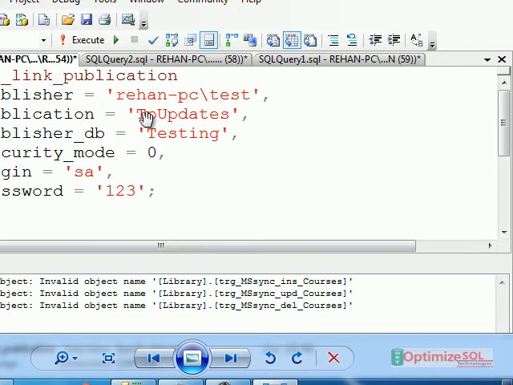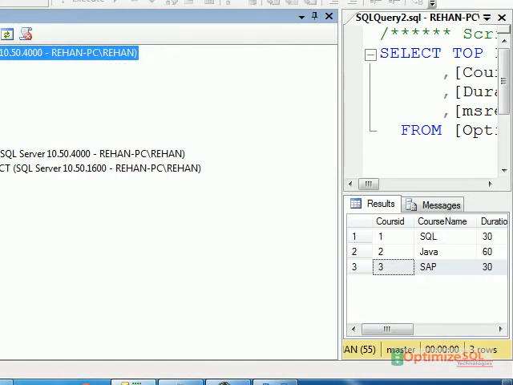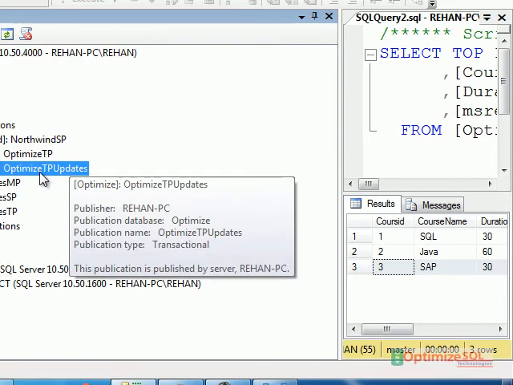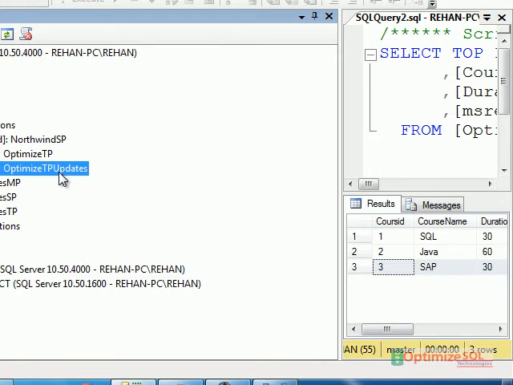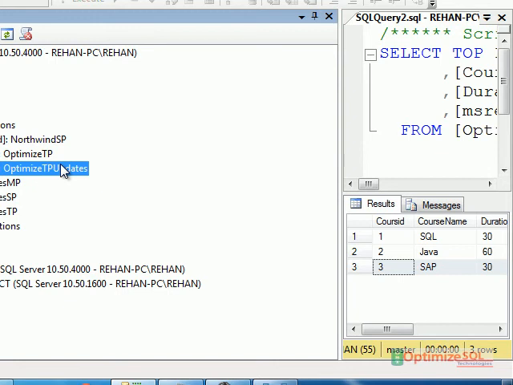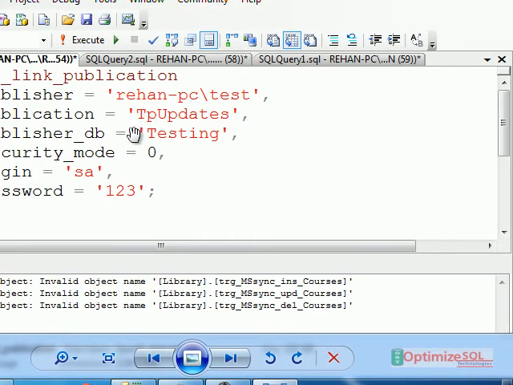Then the publication name we have to mention. In our case here, what is the publication name? This is Optimize TP updates. After that, we have to mention the publisher DB, the publisher database.